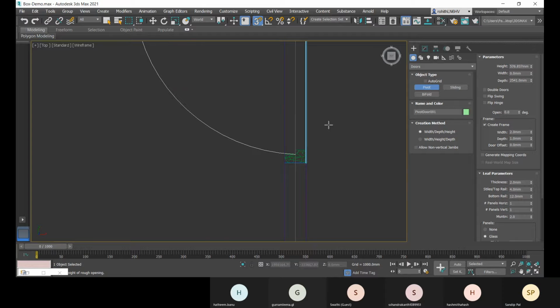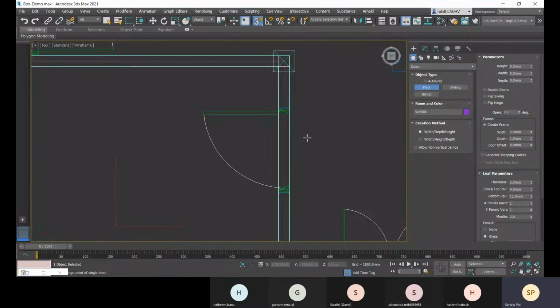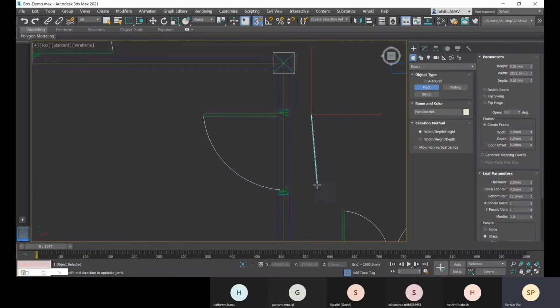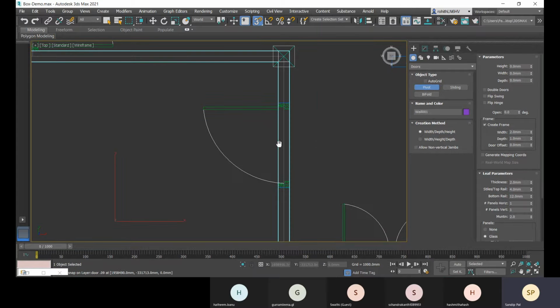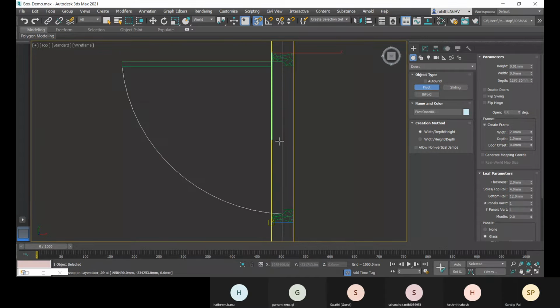Sorry. So because of this snap, I couldn't define. So I had to define like this: first width and then depth and then height. So it should be like, okay, just a second.